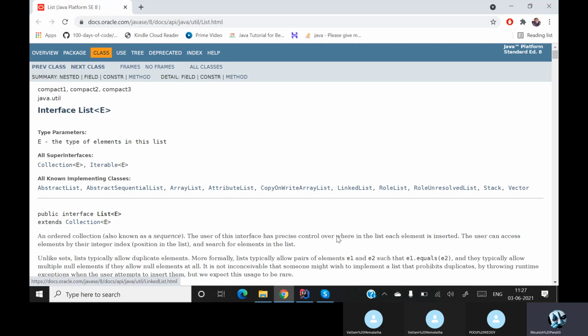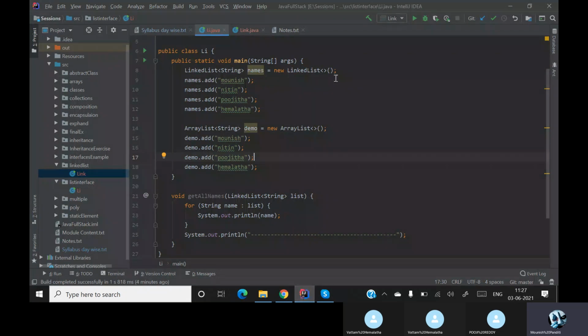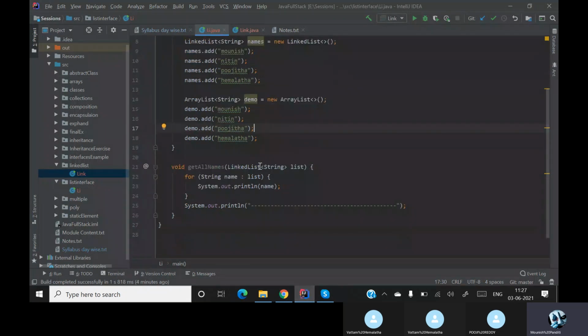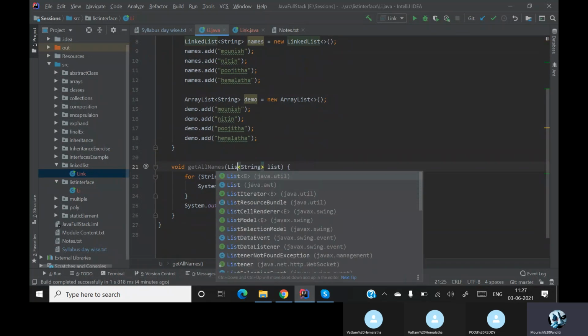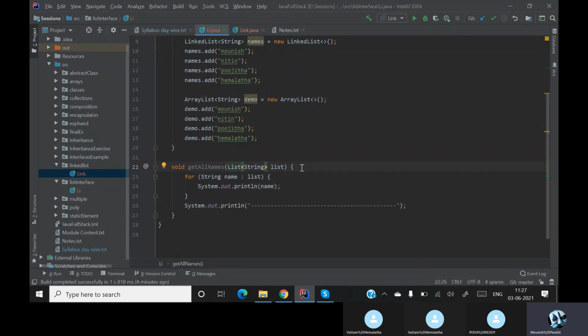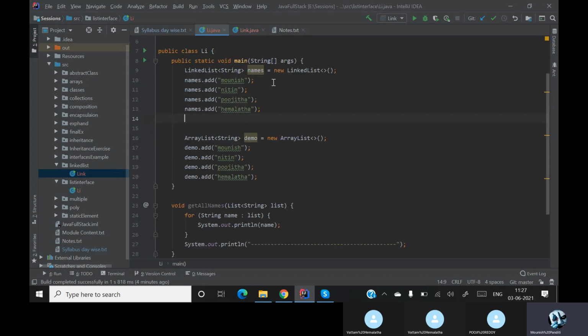So keeping that point in mind, what I'm going to do is, instead of writing the linked list or array list over here, I'll make this as list interface. Okay, I made this as my list interface. Now let me create an object over here.